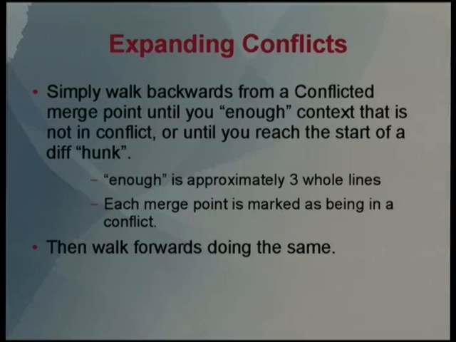Expanding conflicts is fairly simple. Walking backwards from the conflict merge point until you have enough context, which is approximately 3 whole lines, which is the same sort of context that diff uses. I found early on that often when it showed me a conflict, there would be so little context to the conflict. Particularly, it was throwing away extraneous lines because they looked the same and they didn't seem important. But I realised I needed that, so it was only earlier last year I sort of extended the context. And I think I've actually extended the context a bit too much for some cases. But you know, there are so many different examples, it's hard to pinpoint exactly what you want.